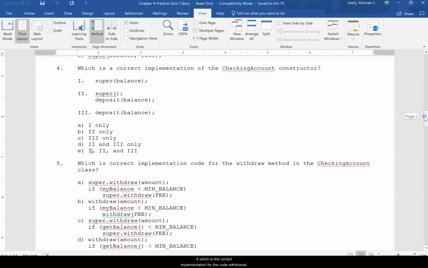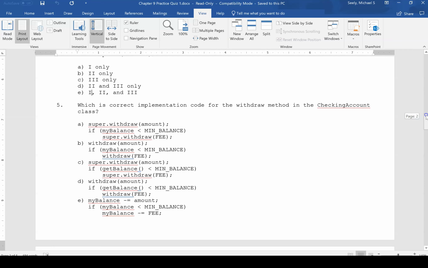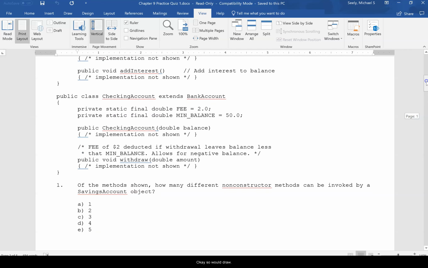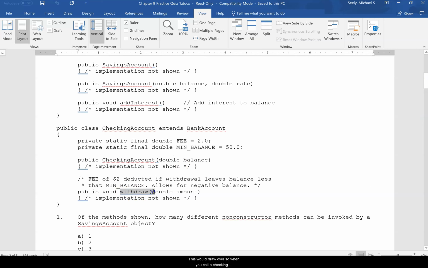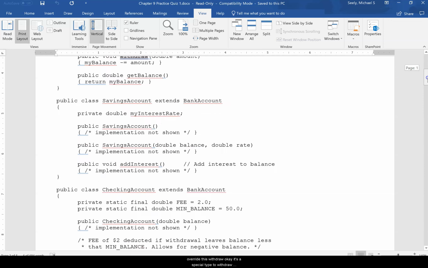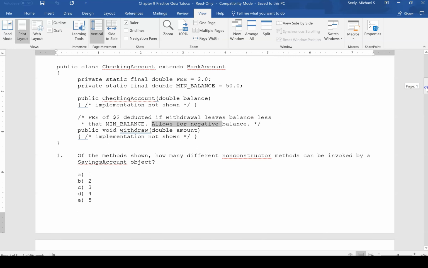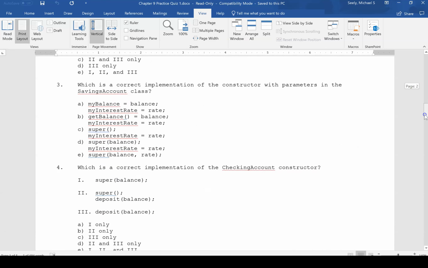Okay. 4, which is the correct implementation for the code withdrawal? Okay, so this withdraw, when you call a checking account object, this withdraw at runtime would override this withdraw. It's a special type of withdraw where we want a fee of $2 deducted if the withdrawal leaves balance less than the minimum balance, allows for a negative balance. Okay, so